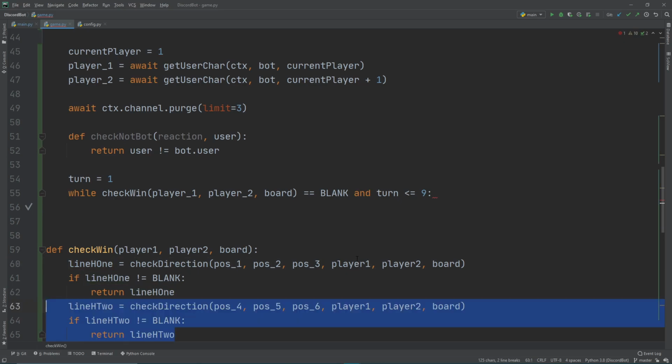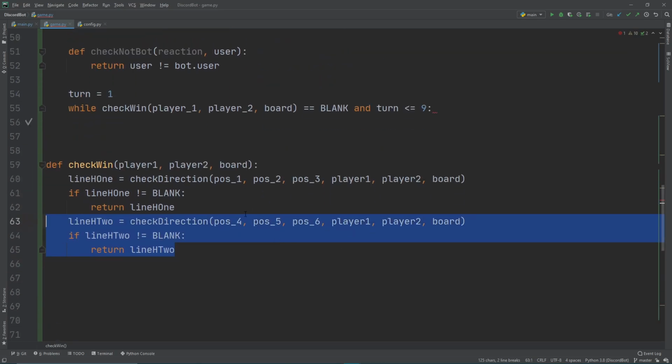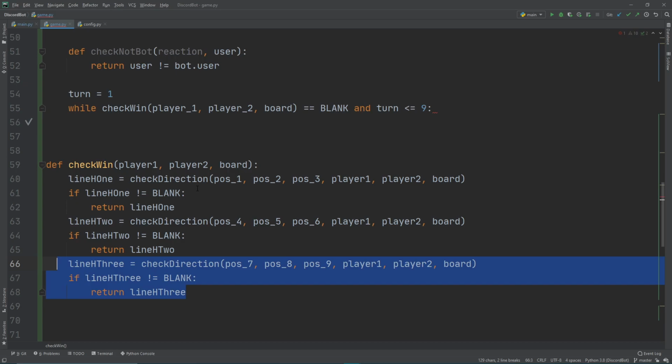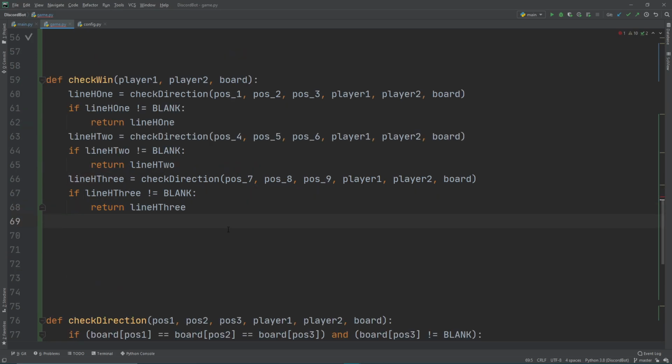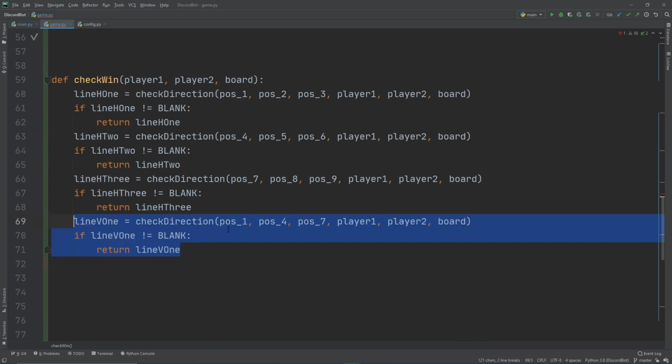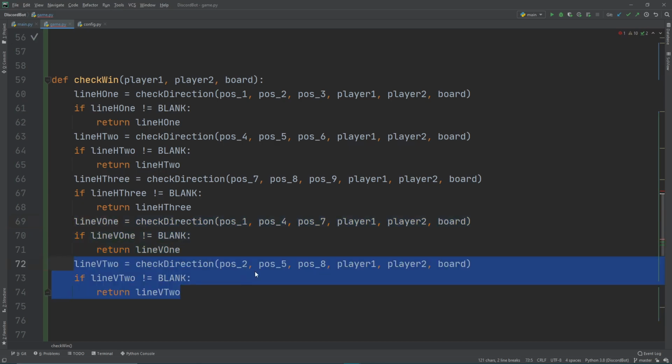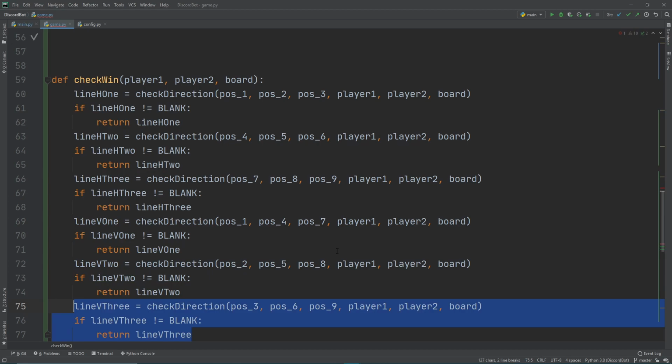We do the same thing for the second horizontal, which is position 4, 5, and 6. And the third horizontal, which is 7, 8, 9, right? So then we start going into the verticals. Now we're going to check the 3 verticals. So we're going to check 1, 4, and 7, 2, 5, and 8, and also 3, 6, 9,